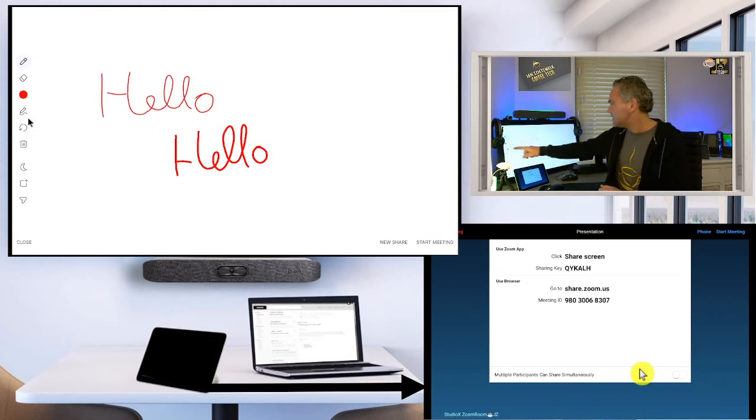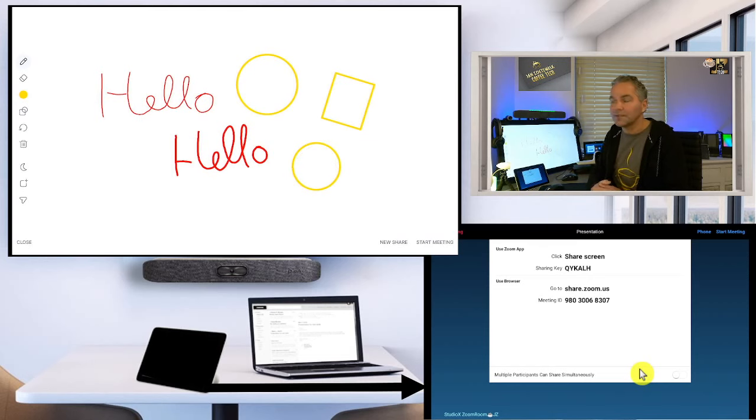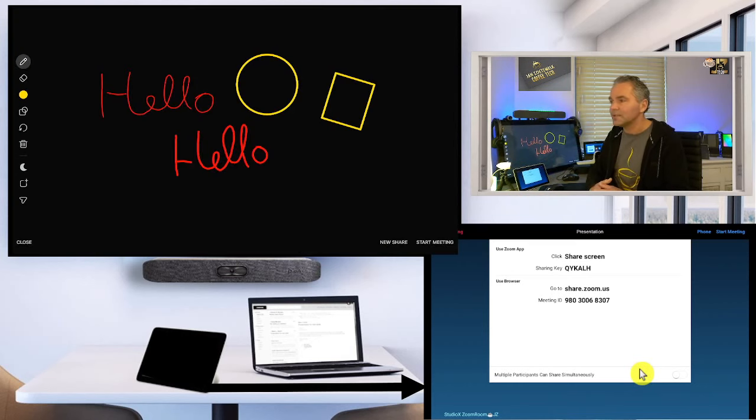What more do we have? The shapes. Take you through some shapes in a different color. So shapes means that if I make, for example, a square, it will try to correct that and create a circle or square. I think really nice. So this is something you can also enable here on the left side. Here you got the revert back option. Click on that, you can go one step back. Then we can delete everything. Here we can change the color. So this is now white and now black, which is usually, if you use some different colors, it makes sense